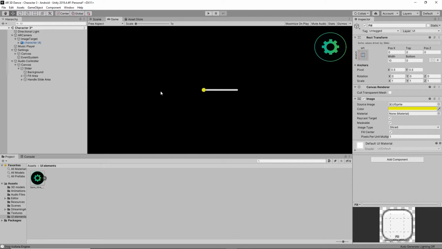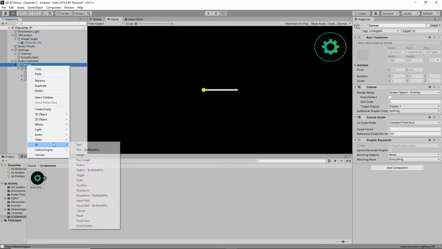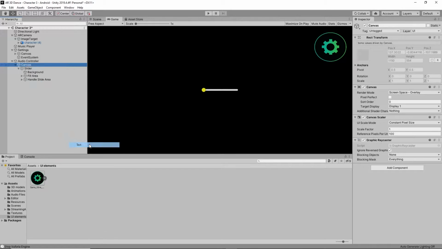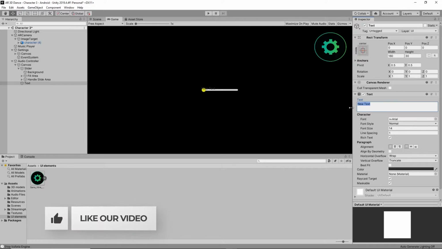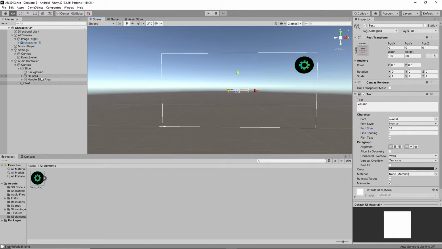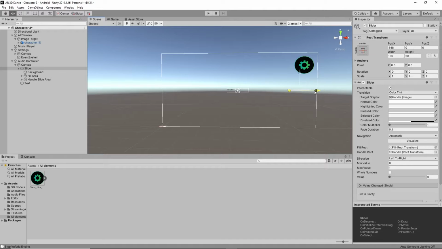Now we have to tell users this is the audio controller, so you have to control the audio here. For that I'm going to give one text element in this canvas. The text element represents that this is the audio controller. That means I'm going to make it as volume. So I'm going to increase the size of this text. Before that, first drag the slider here and set anchors like this. Yeah, like this. It was looking good.